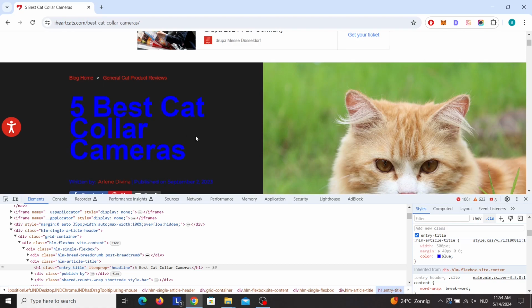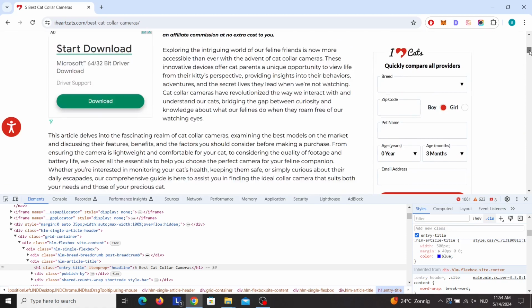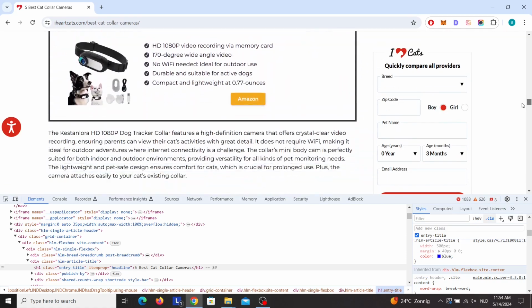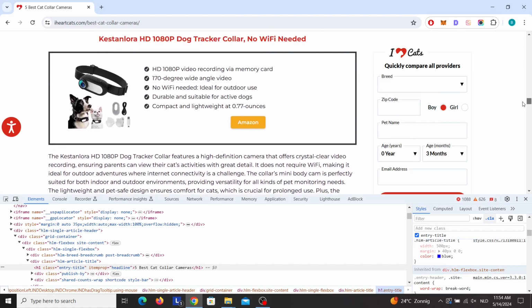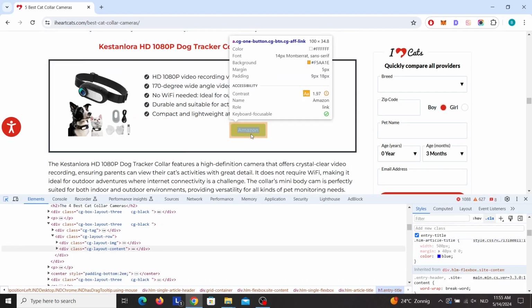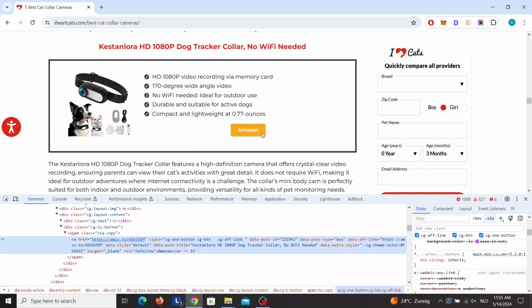Let's check another example. Let's say we want to know the CSS class or ID of this button. And first we need to click here, and then select the HTML element. And here you see the class of the HTML element we selected, the button. This .cls is still selected.